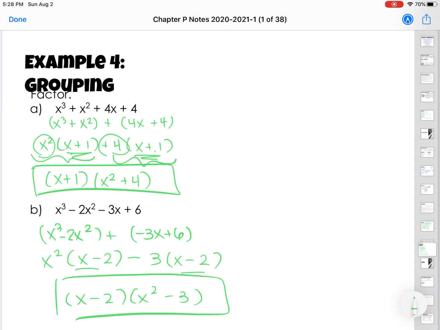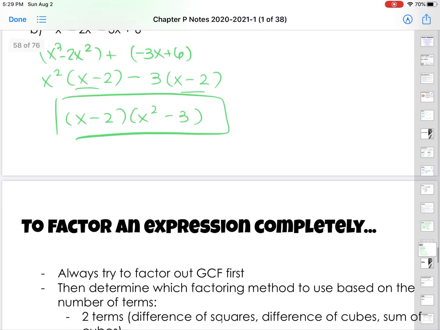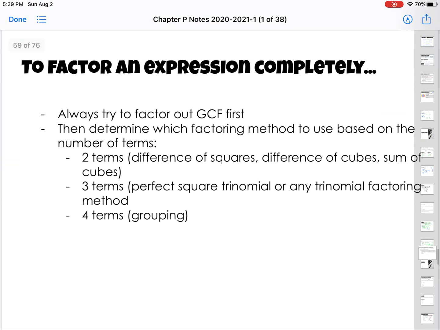And I should always check if I could keep going. That x squared minus 3 may have been a perfect square or a difference of squares, but it's not. But if it is, I should keep going. All right, so in order to factor an expression